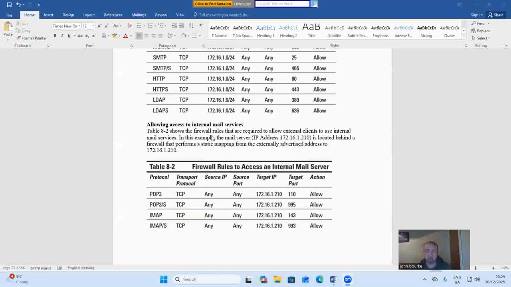Allowing access to internal mail services. Table 8.2 shows the firewall rules that are required to allow external clients to use internal mail services. In this example, the mail server IP address 172.16.1.210 is located behind a firewall that performs a static mapping from the externally advertised address to